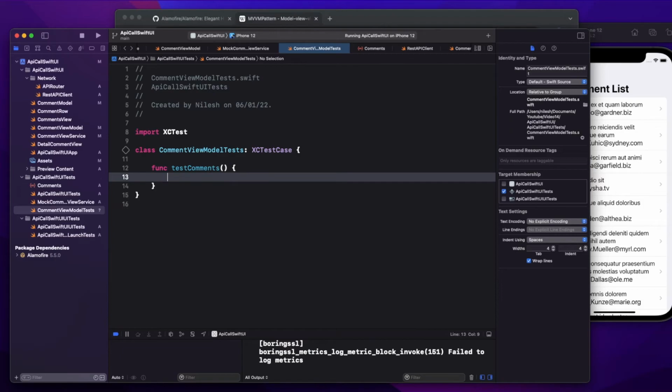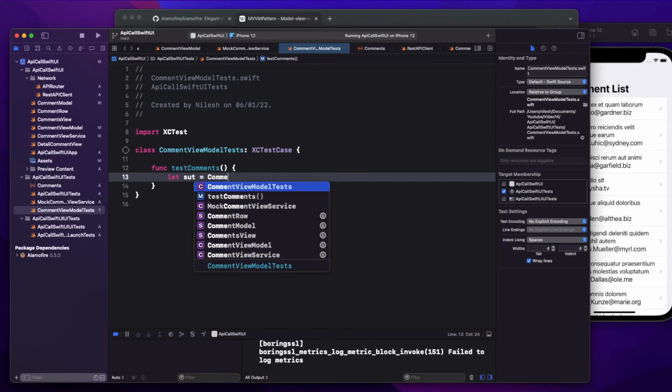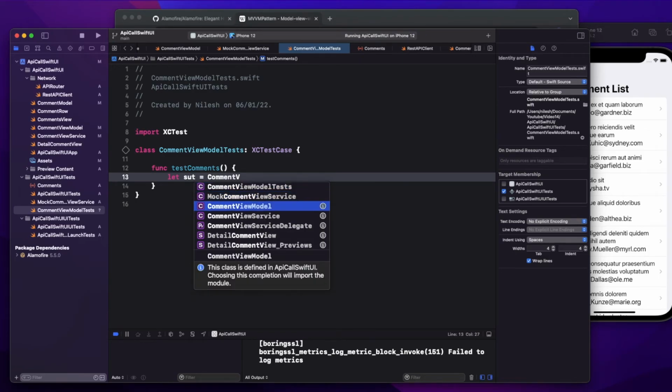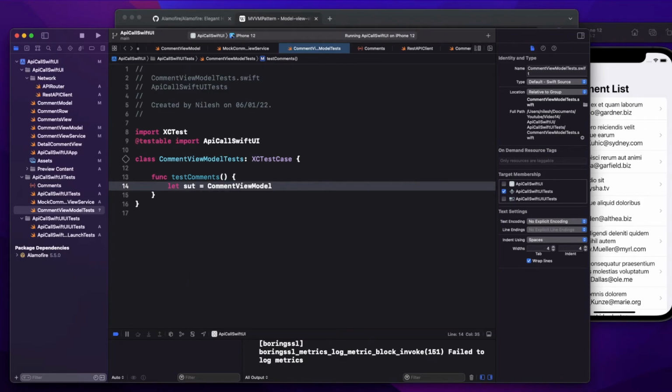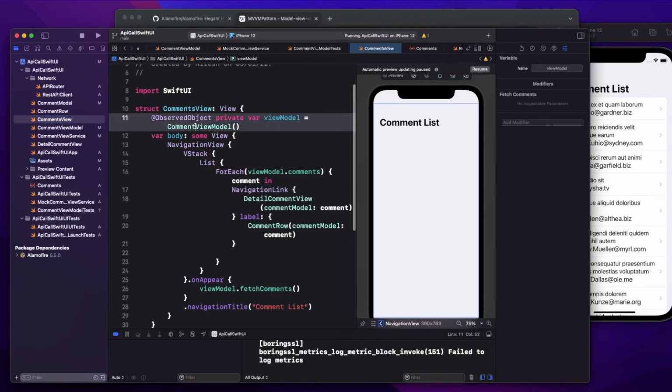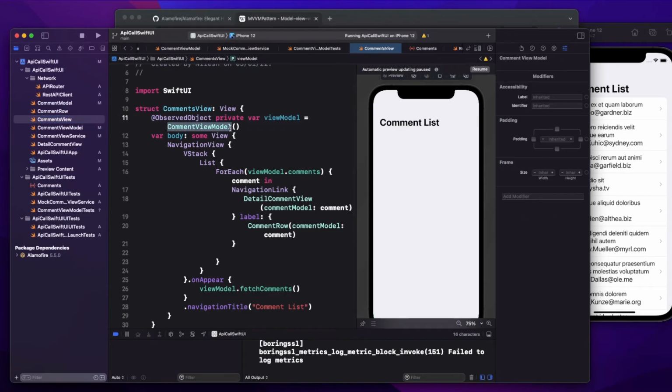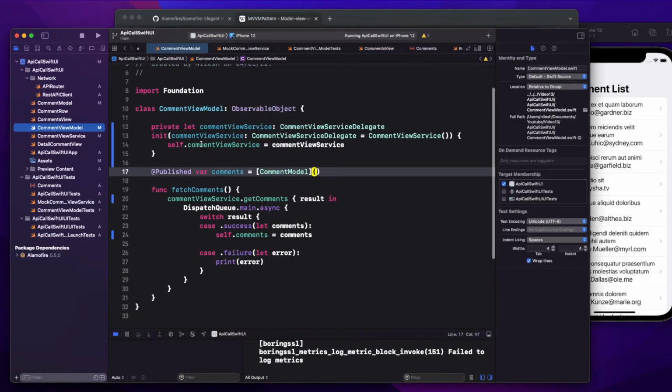and then inside that let's create an object of view model. That means comment view model. Where is comment view model? Here. And see, now we can pass this object which is conforming to comment view service delegate. But why am I doing this? I didn't do this in my comments view. Here, if you see, I'm just taking a normal view model object. I'm not passing any parameter to it, because the view model I have created has a default parameter of type comment view service initializers. That means if you don't pass anything, it will have this as the default value.